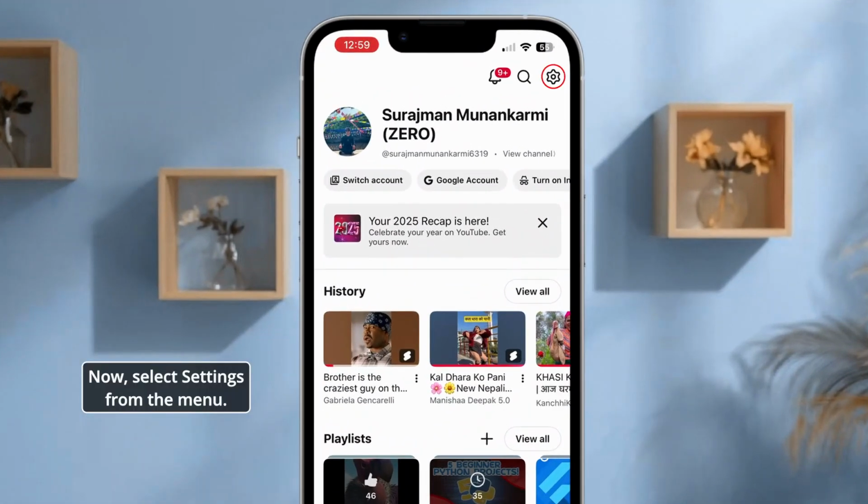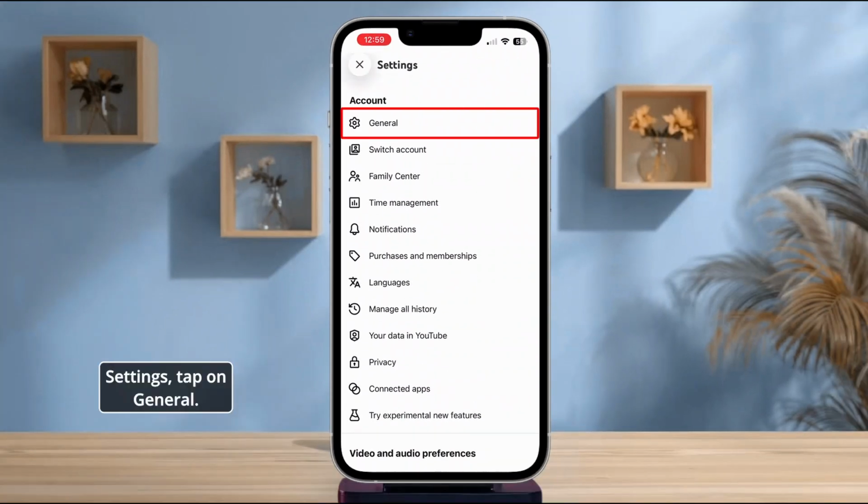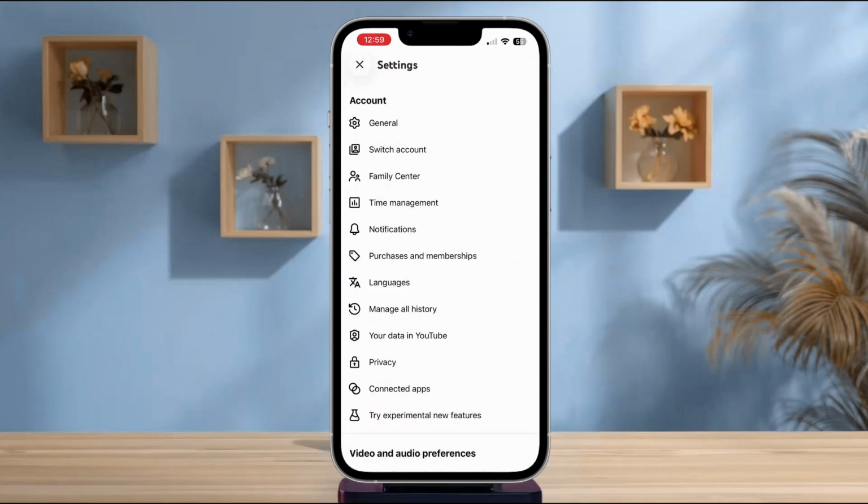Now, select Settings from the menu. Once you're in Settings, tap on General. Here, you'll see an option called Restricted Mode. Simply toggle it on. This feature helps filter out potentially mature or inappropriate videos using YouTube's age restriction signals and